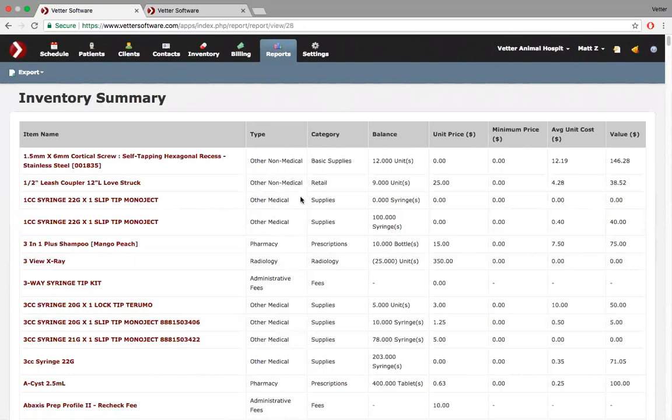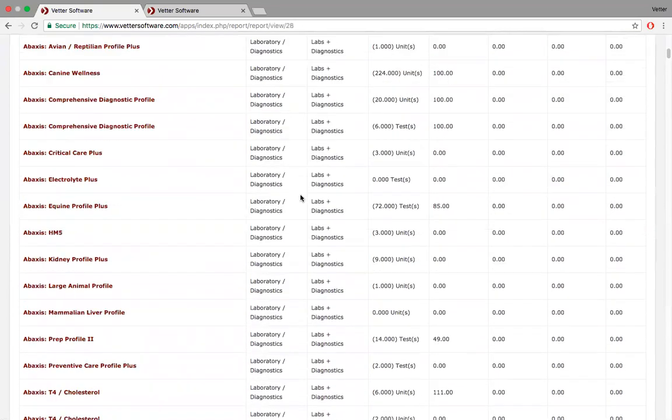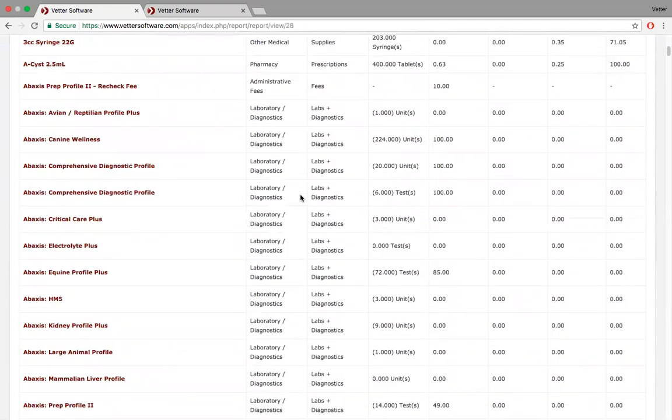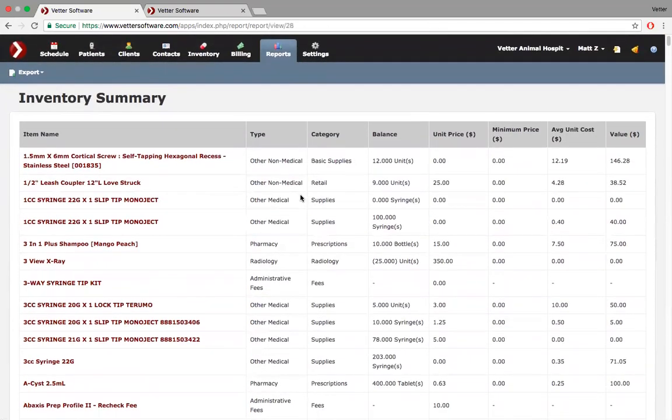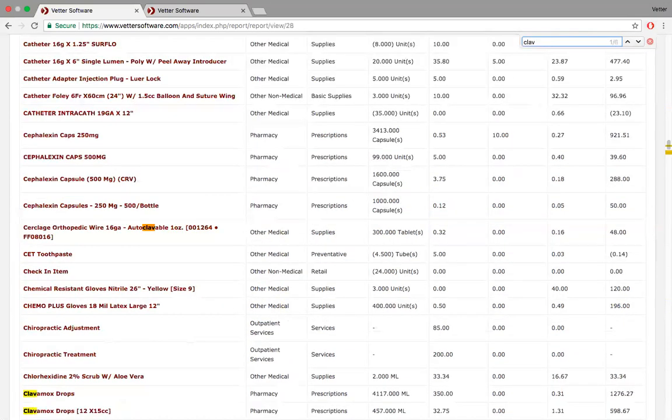When faced with a large list like this, and I guess I could scan for Clavamox, use the Command F function. And depending on whether you're on a Mac, it's Command plus F at the same time, or you're on a PC, it's Control plus F. All I do is I come to here, I hit Command F, and I can type in whatever I want. And this is universal to pretty much all software, or should be at least. And I come to Clavamox,